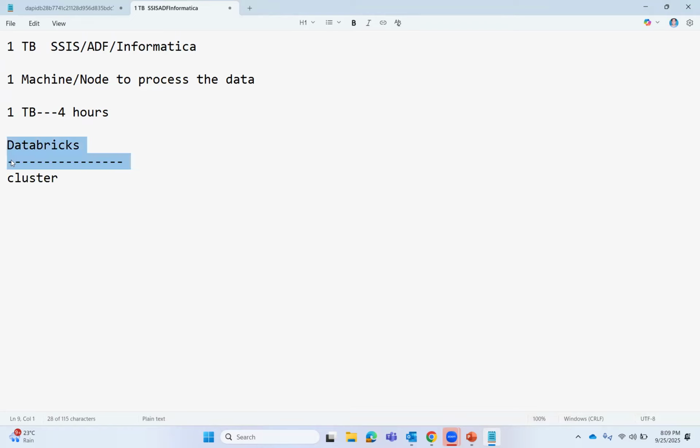We will create a cluster, and within this cluster, we can allocate the number of nodes that are required, nodes or virtual machines or machines required, to distribute 1 TB of data among multiple nodes,